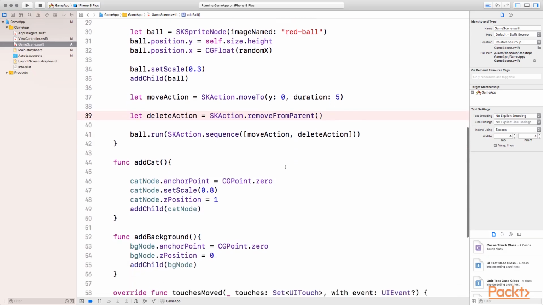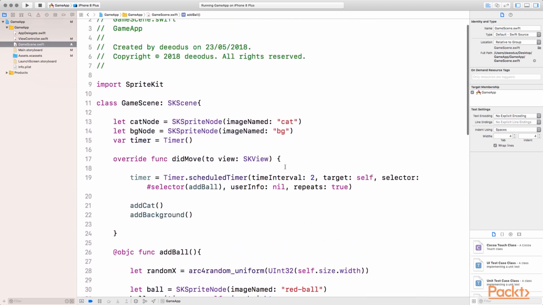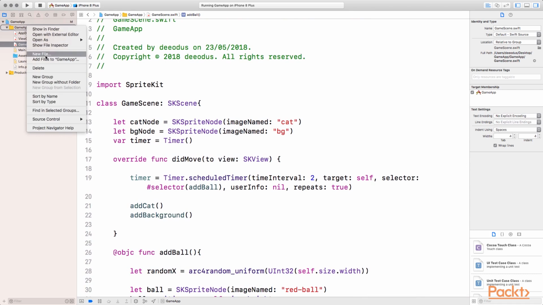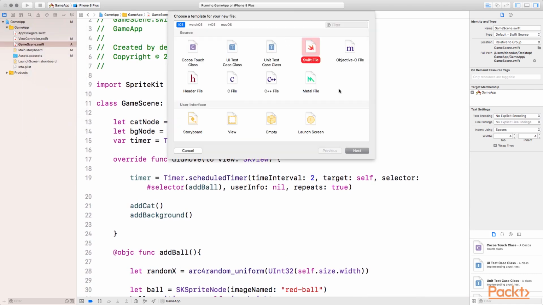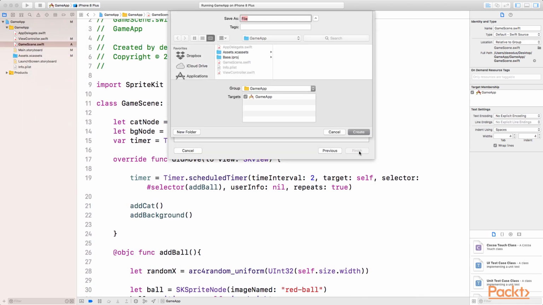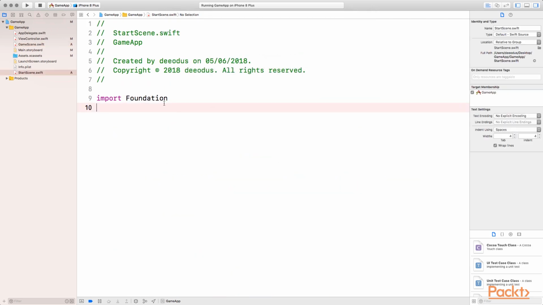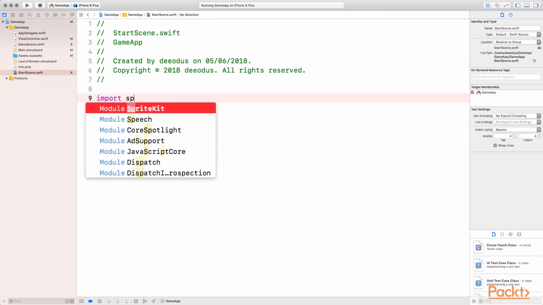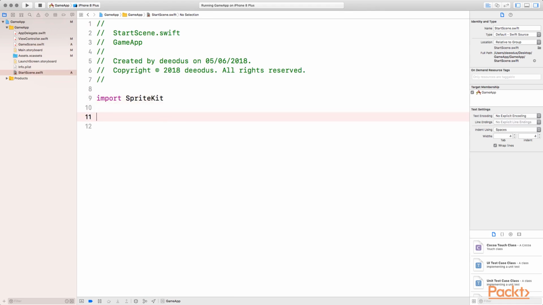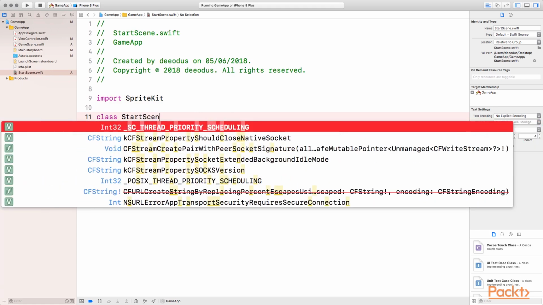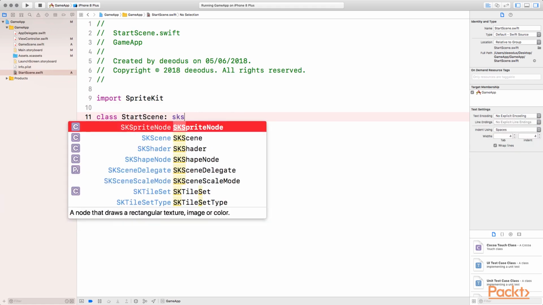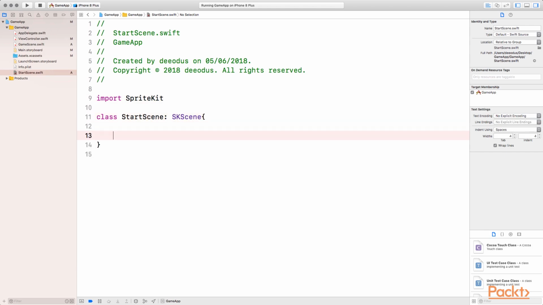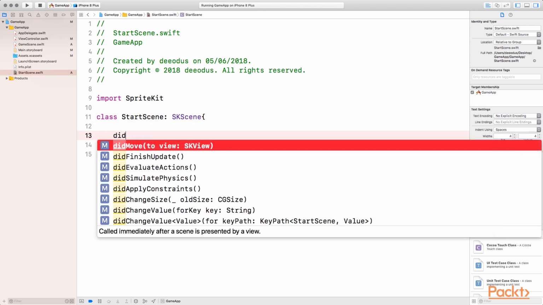This is where we stopped the last time. The next thing that we want to do is to create a new scene. Right-click on the game app and select New File. You want to select the Swift file, click on Next, and then we want to call this one the StartScene. Click on Create to create a new scene. Here we want to import SpriteKit and not Foundation, and then we want to create a class called StartScene, which is going to be a subclass of SKScene, and we also want to override the didMove